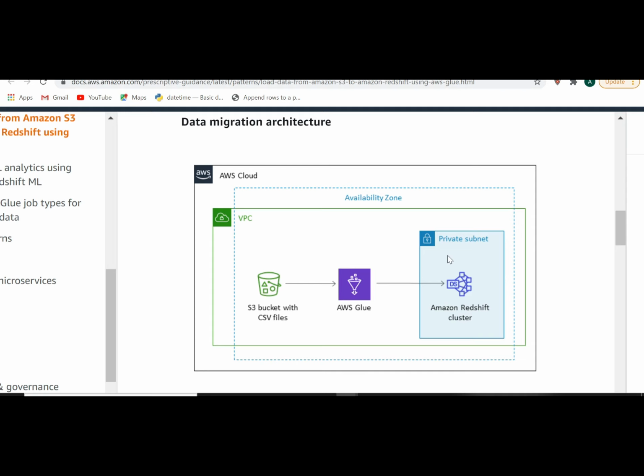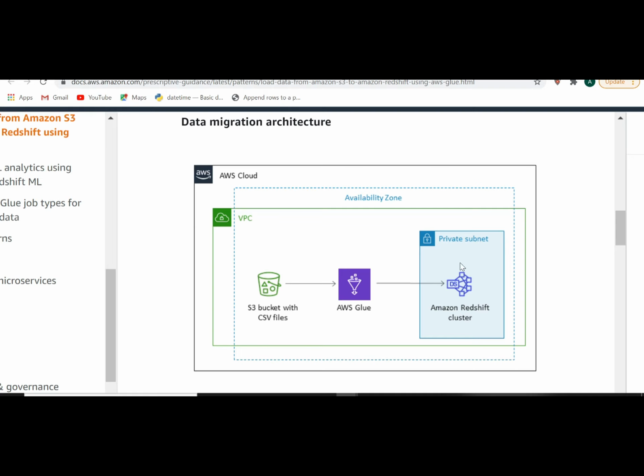There are many tools that support ETL, like Informatica, and you can even use Python to do the same work. But today we are going to use the AWS service Glue to achieve this requirement. Our requirement is that we will have a sample CSV file in our S3 bucket, and we will load this data to our Redshift cluster using AWS Glue.